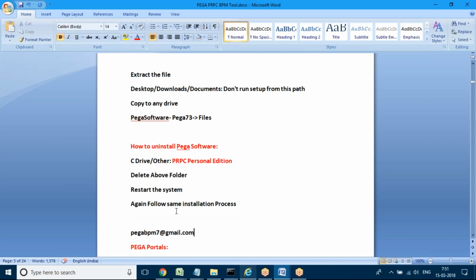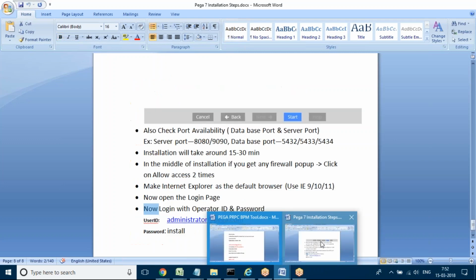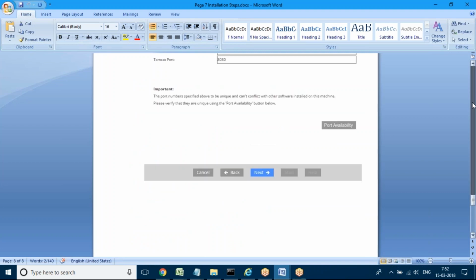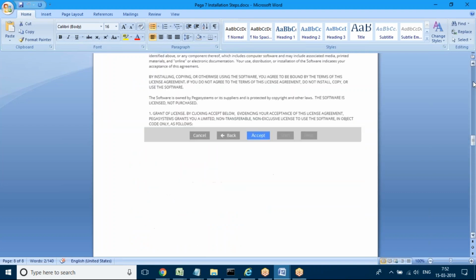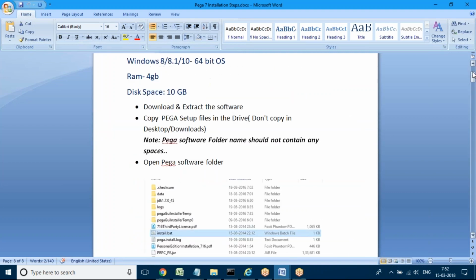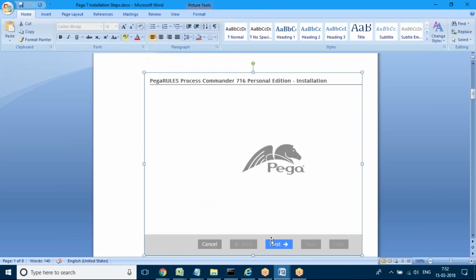The main thing is, before starting that process and all, check these 4 steps, because if you make a mistake in the starting steps, if you directly run from the download or any path, like directly from the desktop or documents, you may not get exactly what you are going to retrieve. Means all the files will not be retrieved. Okay, in that case, you have to follow this setup and all.